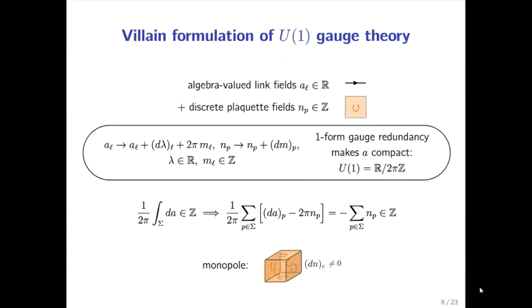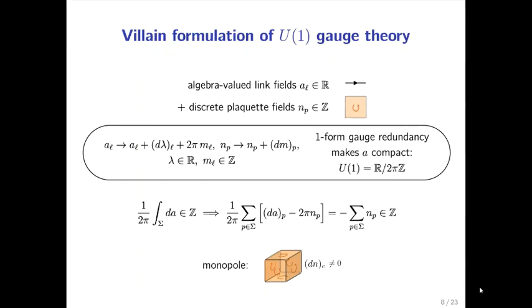Okay. So the Villain formulation of U1 gauge theory starts with an algebra-valued link field A, which takes values in the real line. But in addition, we have discrete plaquette fields, let's call them n, which take values in integers. So I'll call these Villain variables. And the reason we need these Villain variables is because we want to impose two types of gauge redundancy. One is the usual 0-form gauge redundancy, where we shift A by some d lambda. Lambda is just some real function on sites. But we also want to impose large gauge transformations, where we shift A by an independent multiple of 2 pi